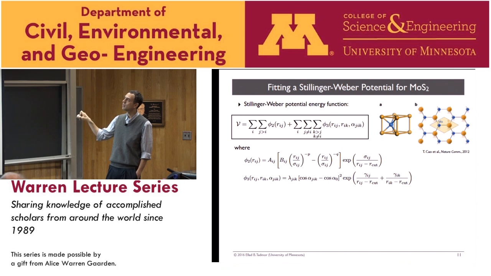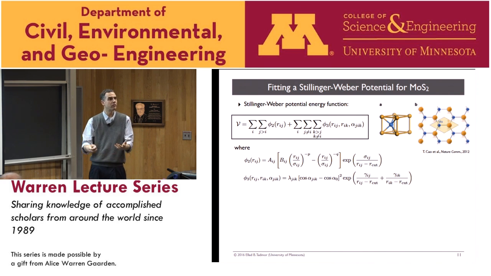Doesn't matter what the form is. If you're really interested, you can see it here, what it looks like. But the bottom line is that there's a bunch of parameters that show up here. In the pair potential, there's an A, a P, a Q, a sigma. All these parameters show up, which you then fit to a training set.